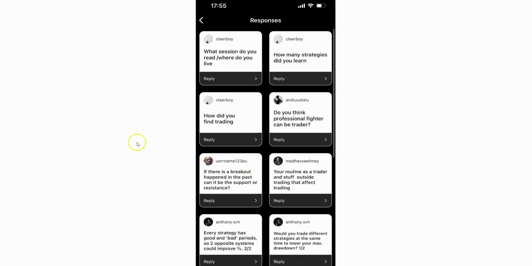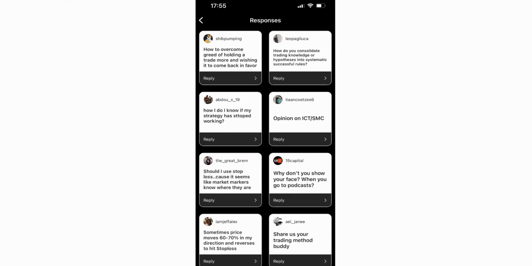Okay, so let's have a look. Okay, so this here is actually an important question. How to overcome greed of holding a trade more and wishing it to come back in favor. So for anyone that doesn't understand, let's just take the market comes down to support, that market breaks, your stop loss is down here, it keeps coming down. Oh, I'm going to move my stop loss and keep moving it, hoping that it's going to come back. Now, in reality, I see here, you're saying that, how to overcome greed of holding a